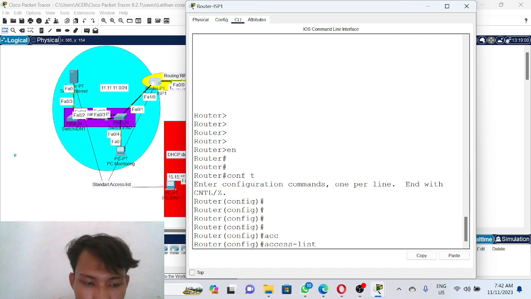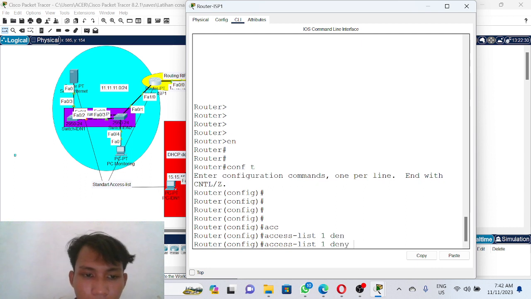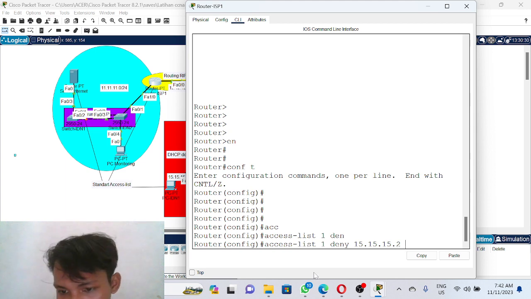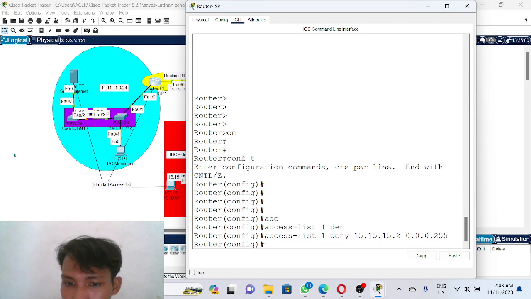Access list 1 deny IP 50.50.50.2. The wildcard is this, 255.